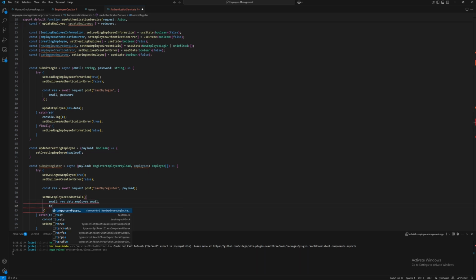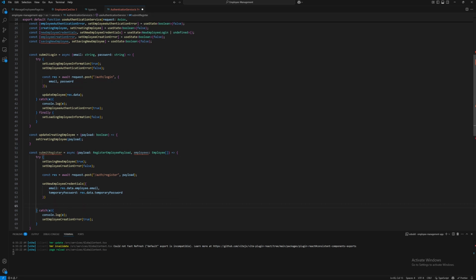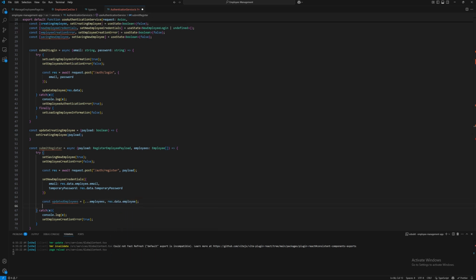And we're going to set the temporary password to res.data.temporaryPassword. Then we want to come in below our setUpdateEmployeeCredentials. We want to go ahead and declare a const updatedEmployees, which is equal to a new array. And then inside this new array, we want to say ...employees. And then we'll also pass in the res.data.employee. Now come below our updatedEmployees, and we want to call updateEmployeesReducer with those updated